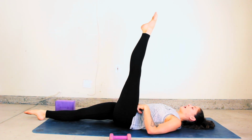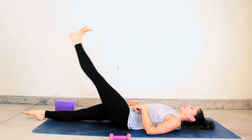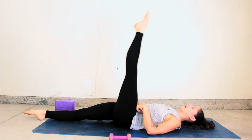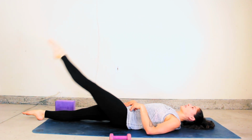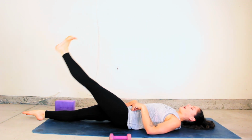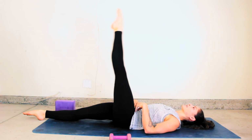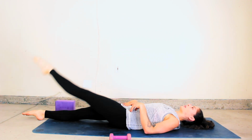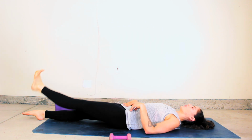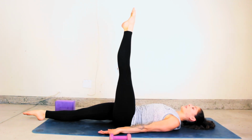Lift the left leg up, lead with the heel, and then lead with the toe. Brushing the leg down and up. Again, keeping the hips, pelvis neutral, quiet, not rocking. And feel the length through the back of the left leg, through the hamstrings, through the calf. Feel a little bit of a stretch for 5, 4, 3, 2, last one, hold at the top, point the